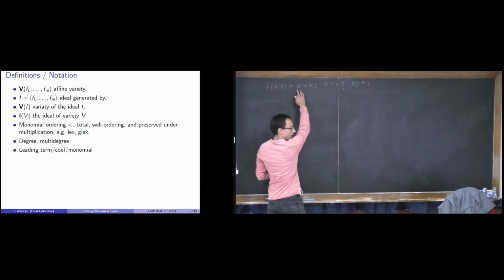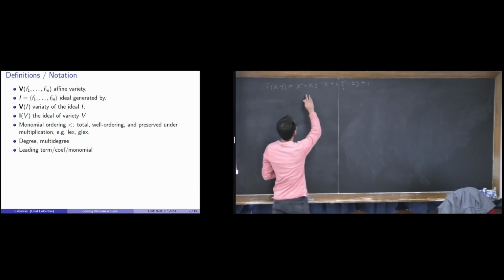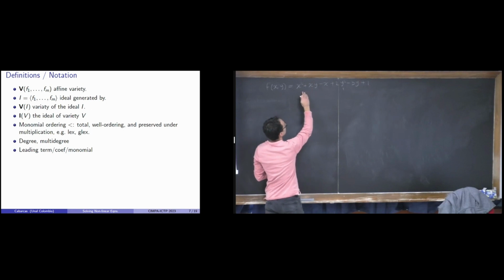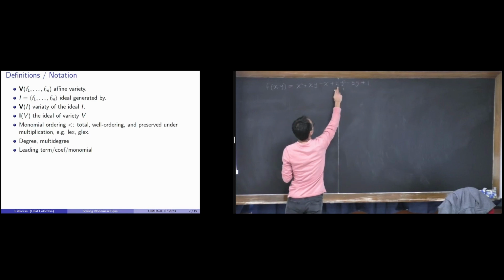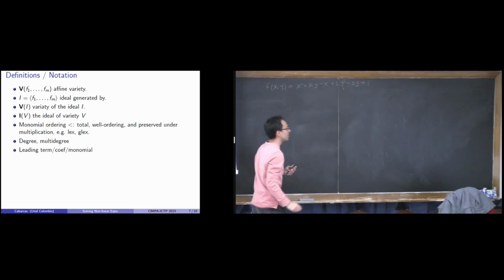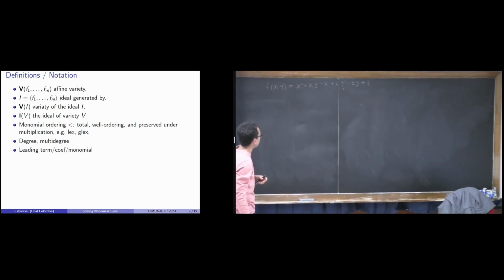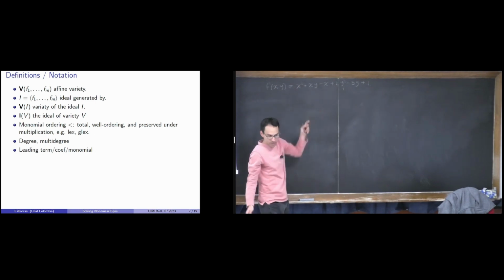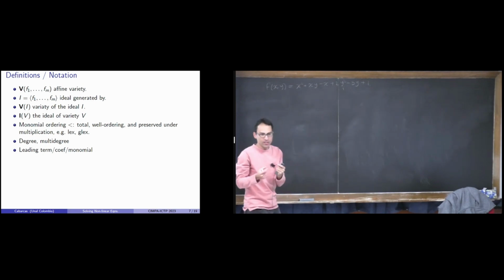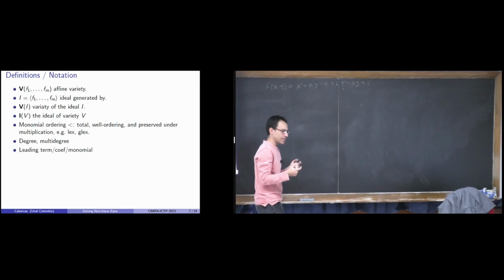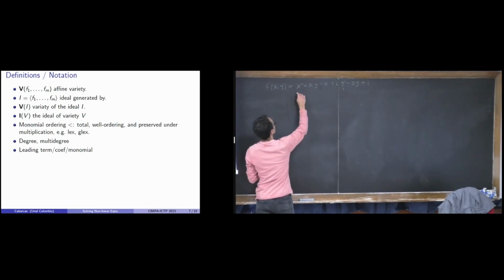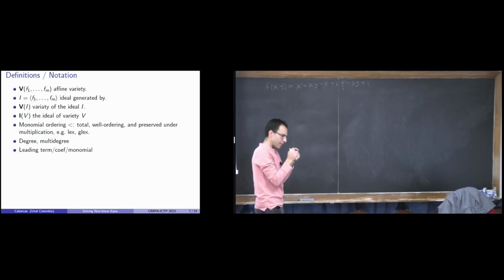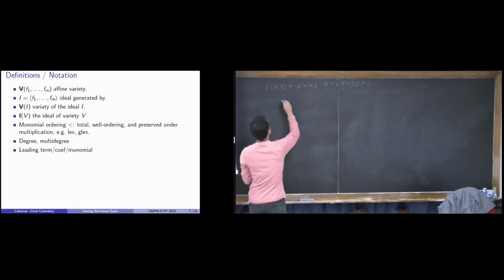So x is larger than y, and then this one, x squared, is larger than xy, larger than x, larger than y squared, larger than y. The degree is the sum of the exponents. The multi-degree is going to be, in this case, a pair. So, for example, it's a pair of the degrees of each one of the variables. So the multi-degree